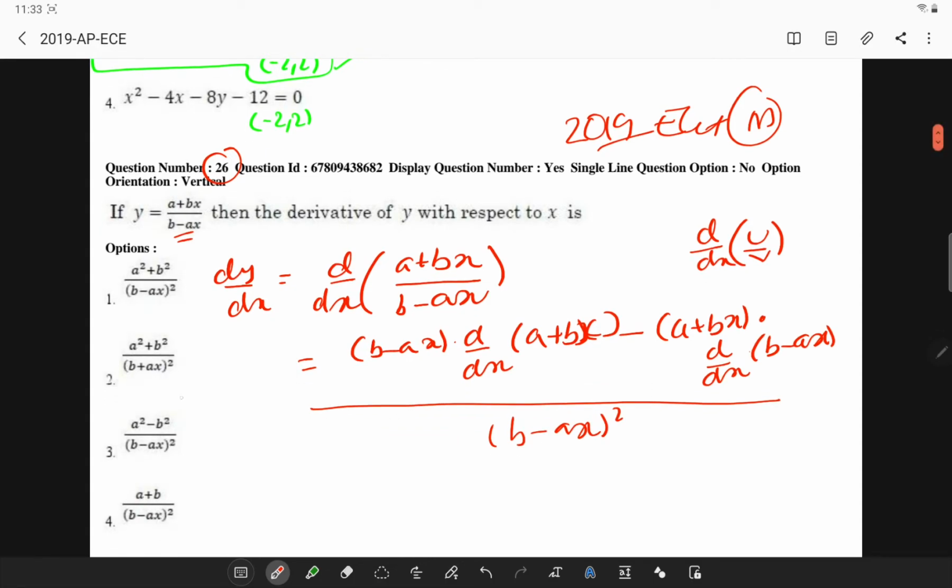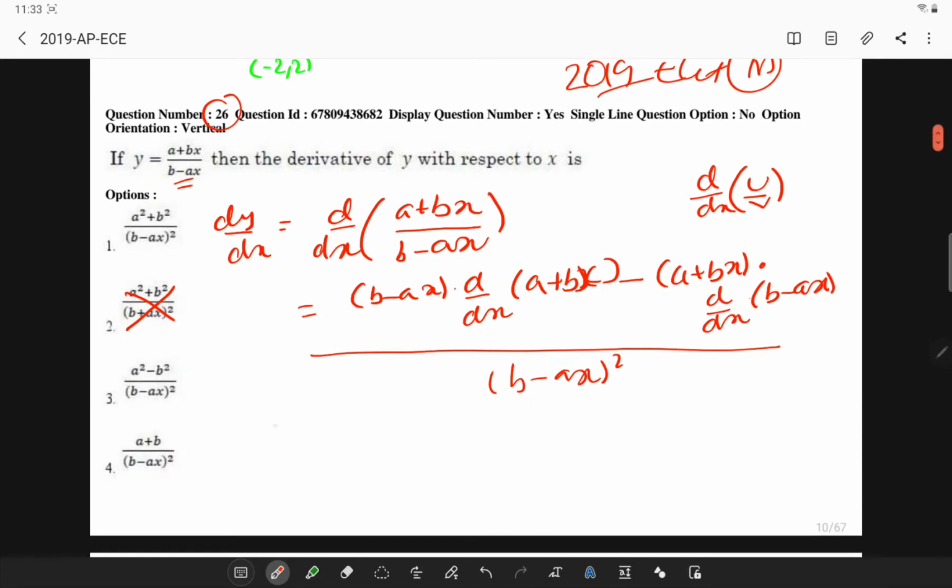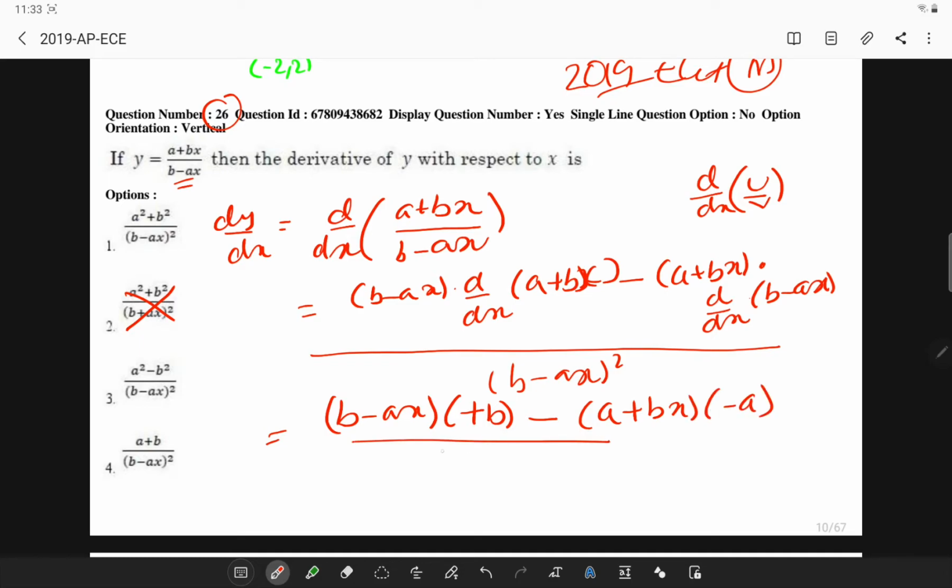So if you see the denominators, this is already excluded. So we'll be having (b minus ax) into plus b, minus (a plus bx) into minus a, divided by b